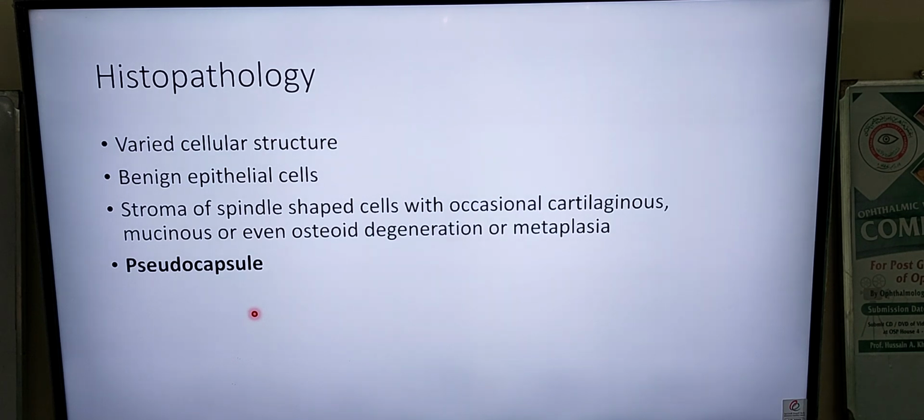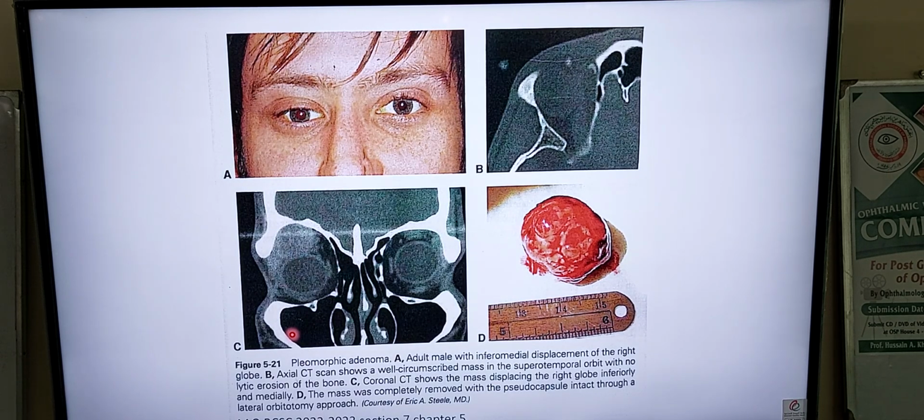Benign tumor है तो benign epithelial cells नजर आएंगे. Stroma में spindle cells with occasional cartilaginous, mucinous or even osteoid element may be found. An important feature is pseudocapsule. Not a true capsule, but a pseudocapsule is an important feature. And as you can see, in a male, the right globe is slightly displaced inframedially, which is not very prominent. This is an axial CT scan showing a mass in the supratemporal orbit,